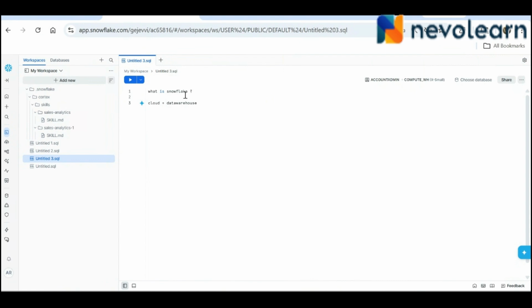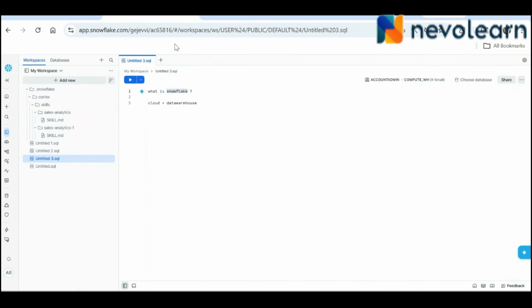Similarly, Snowflake is also the same type of browser-based application. You don't need to install anything, you don't need to configure anything, you just have to open the account and work on it. Okay, so that is how it basically works. Whenever we open a Snowflake account, I will show you how to open, we need to